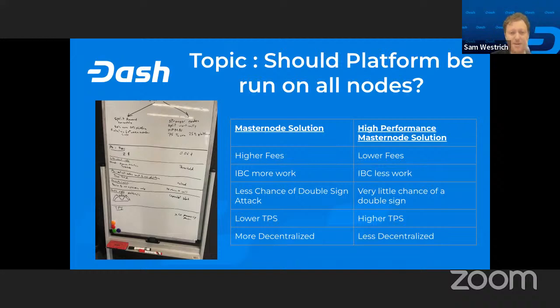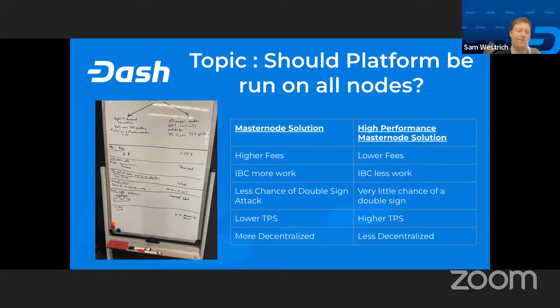So the real question is, how should we have platform running? There are two main ways we can release. We can release with the platform running on all masternodes, and that's what we're calling the masternode solution. The other we're calling the high performance masternode solution.